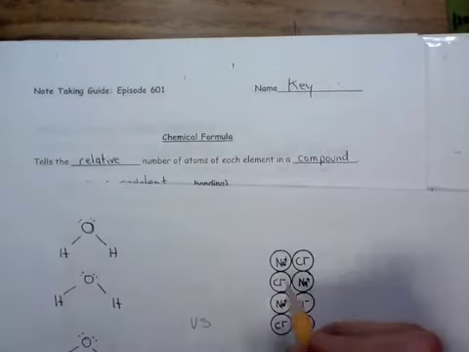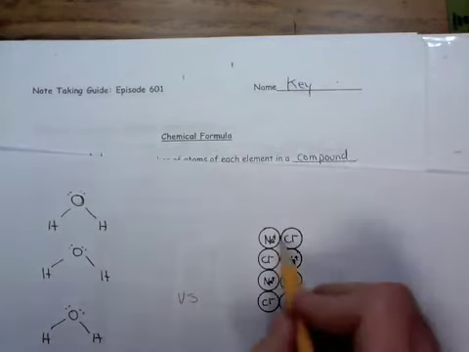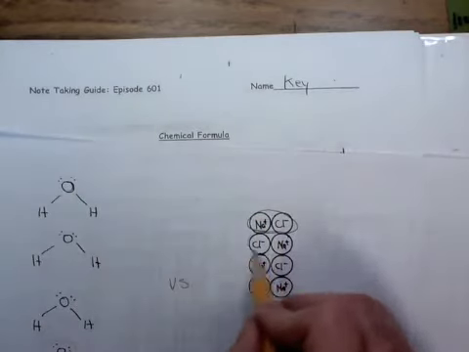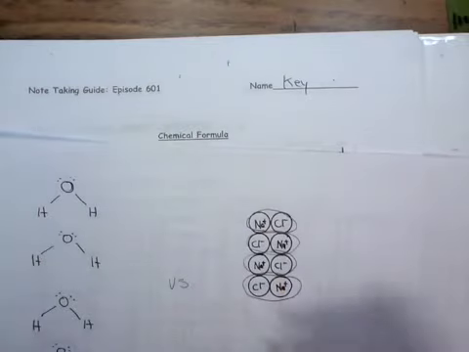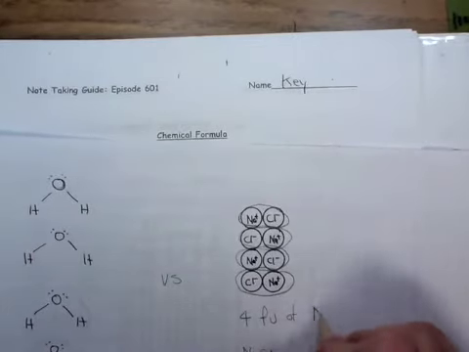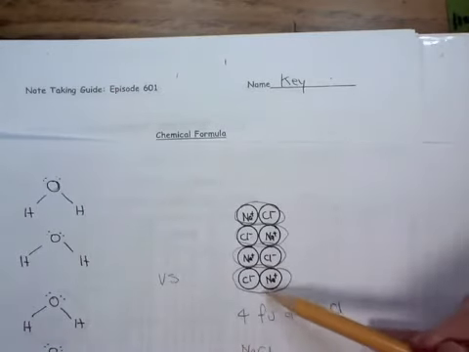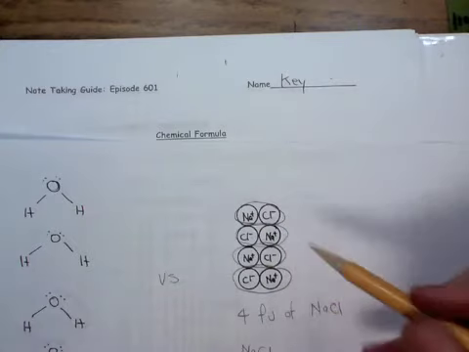So what would be a formula unit of NaCl? That would be 1. This is another. This is another. This is another. That's 4 formula units. We can abbreviate that FU of NaCl. But even though I defined my 4 formula units by circling those right there,